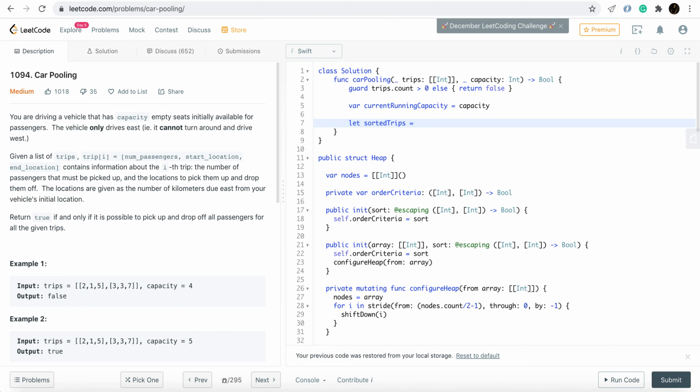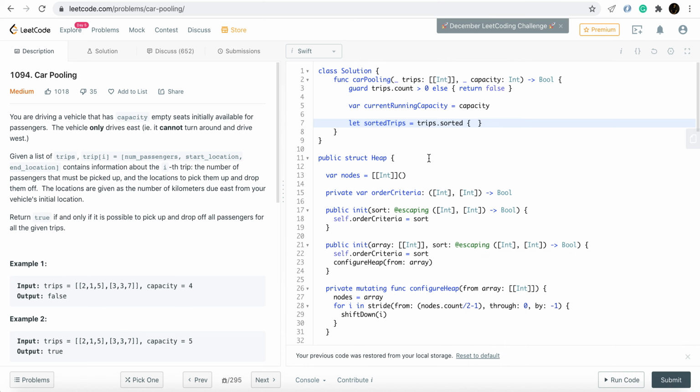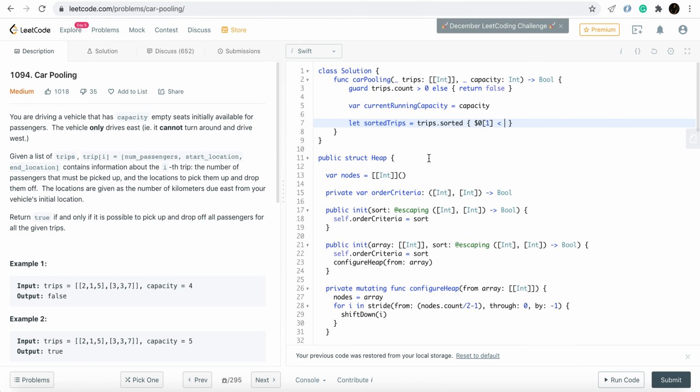Now we'll sort the trips by their start times. This is the function to sort an array in Swift. Now this might look a little complicated, what I'm going to type next, but please don't be bothered by that. I'll be explaining. So basically we are comparing start times, in increasing order of start times.